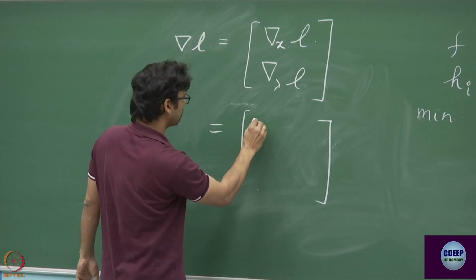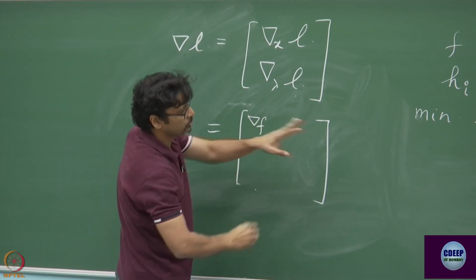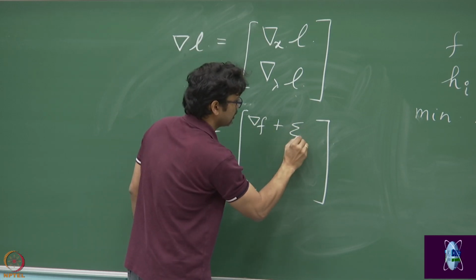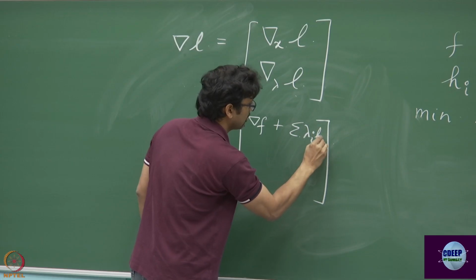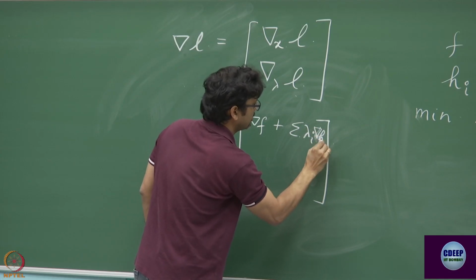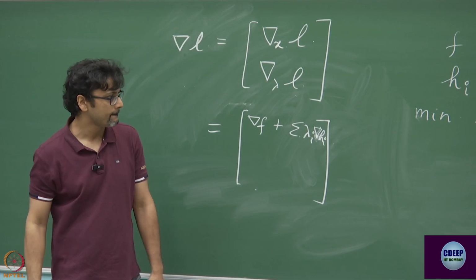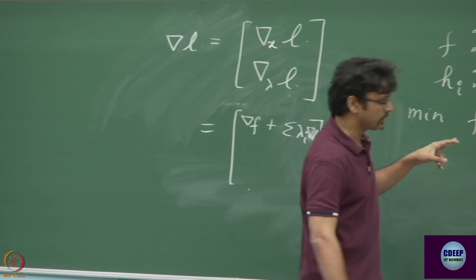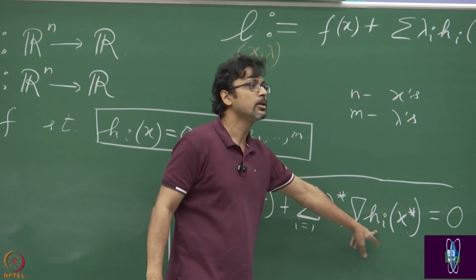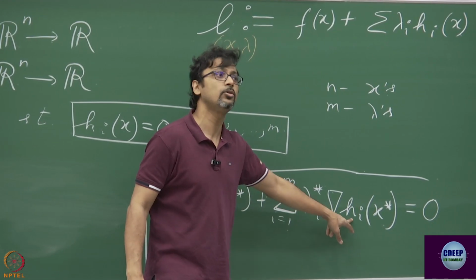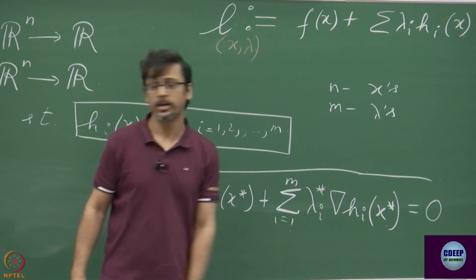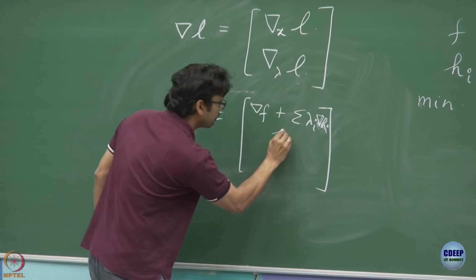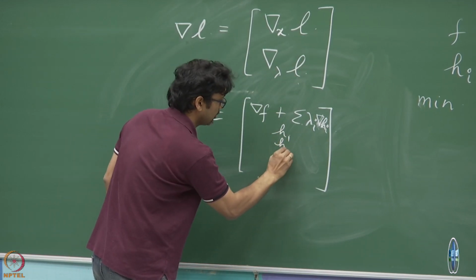So what you have is essentially grad of f. Okay, I'm dropping the arguments here with the hope that you already understand what those things are, plus summation lambda_i grad h_i. Yeah. What about the next m? Each of the times if you just take a partial with respect to lambda 1, it just picks out h1. With respect to lambda 2, it picks out h2, right? Sorry, not grad h2, just h2, right? Because that's the L. So you have h1, h2,